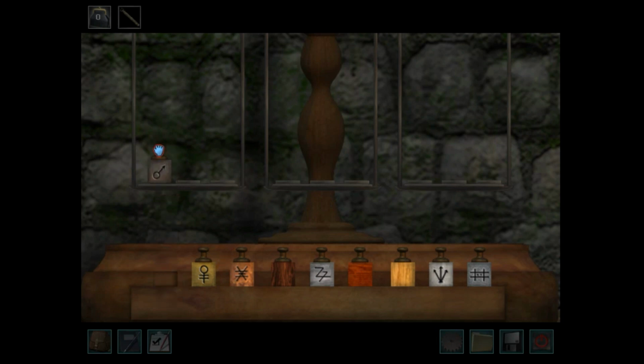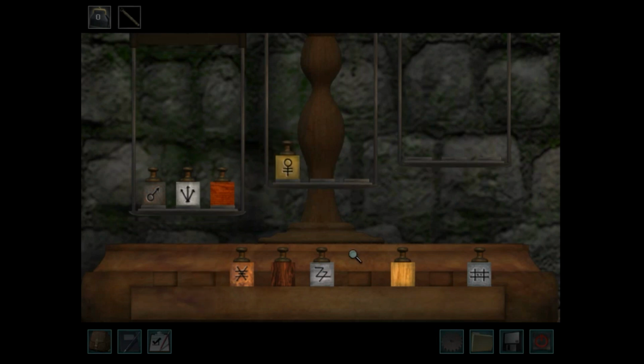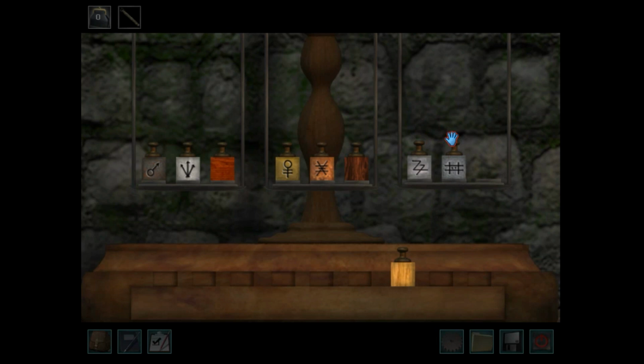Okay, so first one will be iron, silver, and mahogany. Next one, brass, copper, and ironwood. Then lead, zinc, and oak. Okay, as you see, nothing's happening yet, but that's because it's...